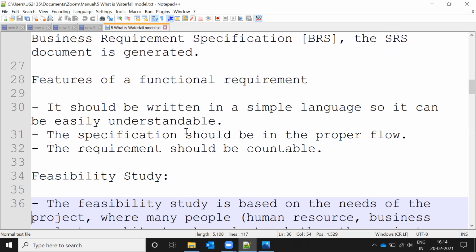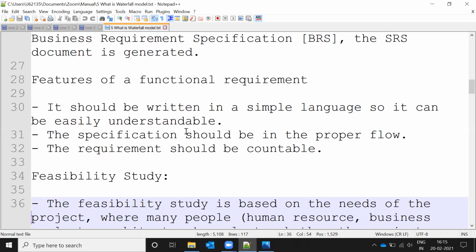Once the flow is understood, the developers can understand the requirement and do the development. For that there is simple language, fixed requirements, simple paperwork, and a linear structure of specification that they need to maintain. The requirements should be countable.